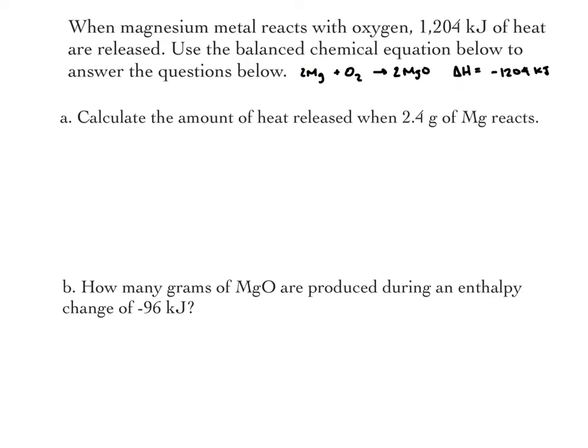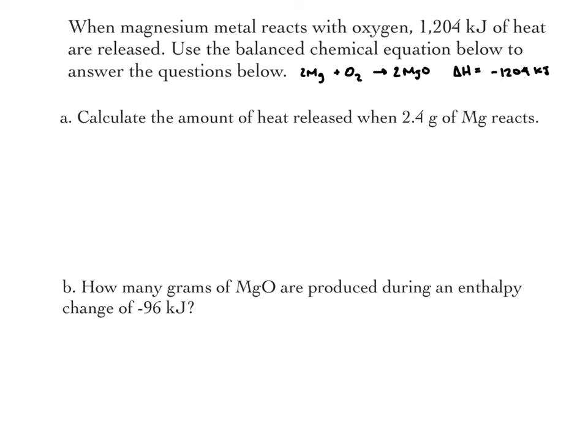We know that negative 1,204 kilojoules are released for every 2 moles of magnesium. So we're going to convert our grams of magnesium into moles, and then use the relationship that we have here